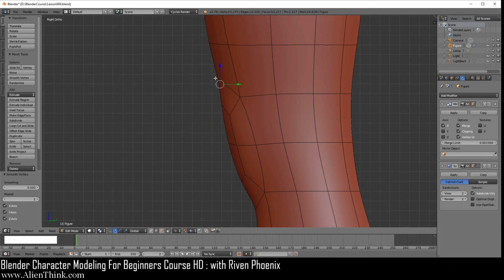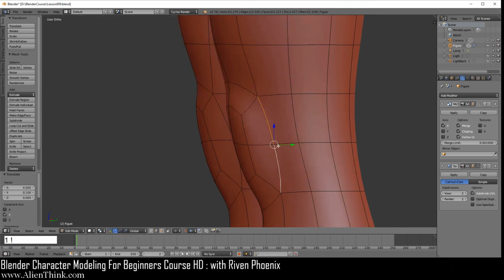Now we're going to come back and move that out again. So click on this one. Shift key down, this. You're going to do W smooth 4 times. 1, 2, 3, 4. Now I'm going to click on this edge, shift key down this one, and move it to the right. Go to your front view.